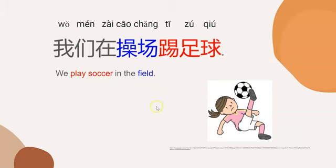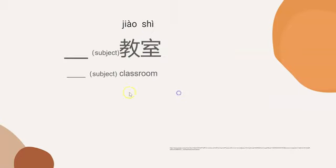We play soccer in the field. First, how to say play soccer? 踢足球。Then how to say field? 操场。So we play soccer in the field. 我们在操场踢足球。Now it's your turn to say this sentence. 我们在操场踢足球。